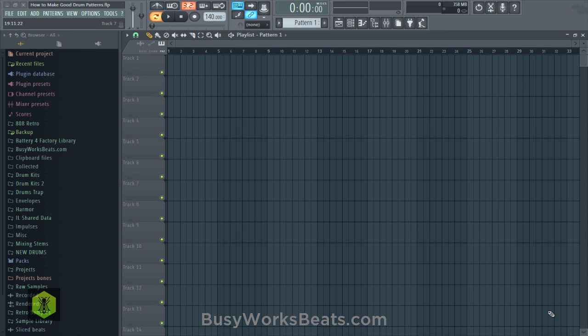So for example, if you're experimenting with making drum patterns, you're going to make wacky drum patterns with weird time changes and weird glitches and weird different things. But if you're translating a drum idea, you would take something like a beatbox and just record that into audio and simply translate that into your sequencer. There are many different little steps about how to do that, and we go over that in how to make your drums have more swing or more groove. You can type in BusyWorks Beats. We'll have a video about that, and it goes over things like time shift, moving notes manually to fit them in the right spot, and different things on how to create groove and velocity changes to make it sound more realistic.